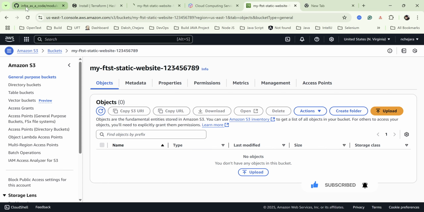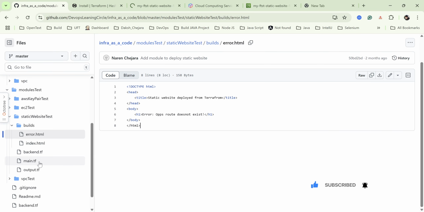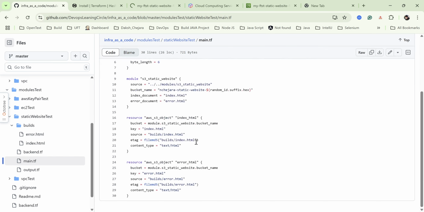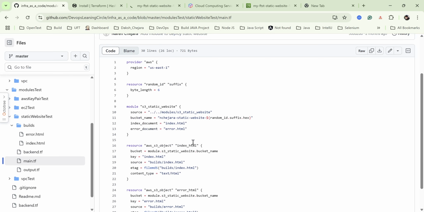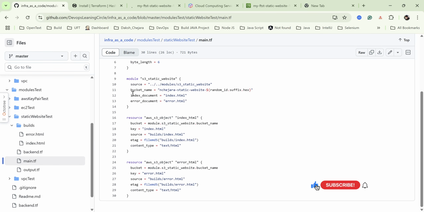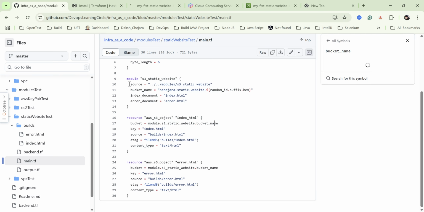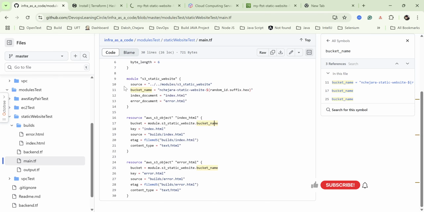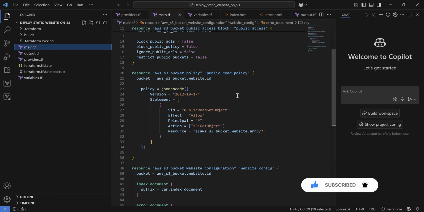If you go back to our repository, in the main file we have a few more things that need to be added, which we forgot to add. So we are going to upload this one. You can copy these three code blocks, just copy this and go to your main file.